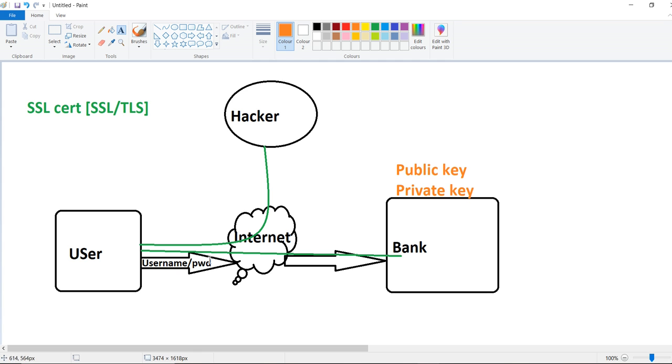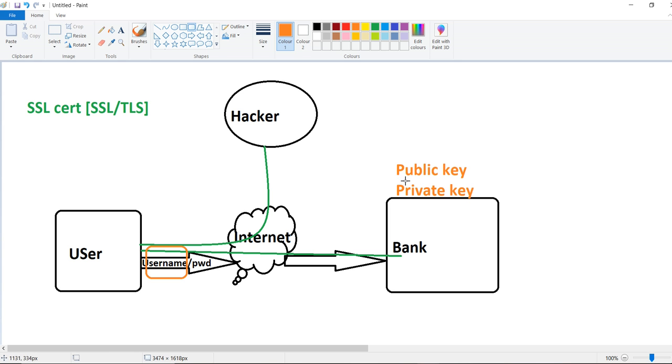So what we will do first, with the help of our key, we will encrypt our username and password.